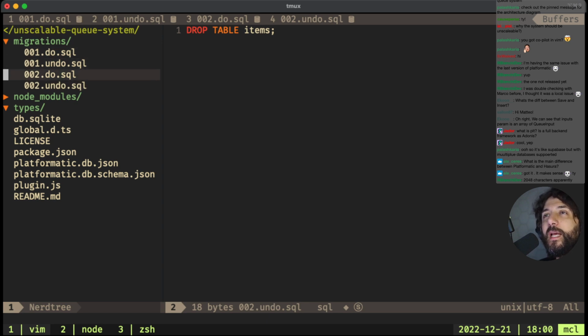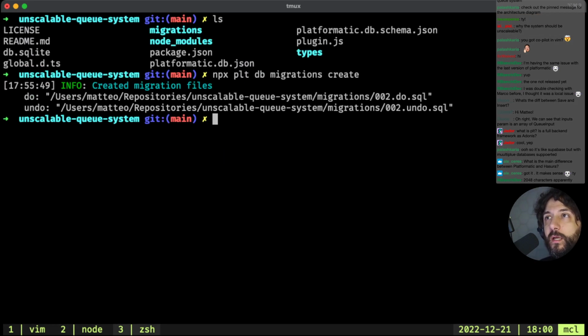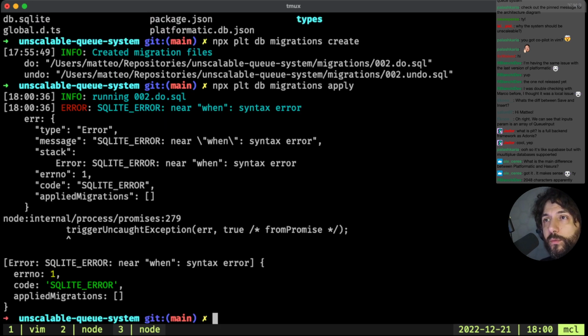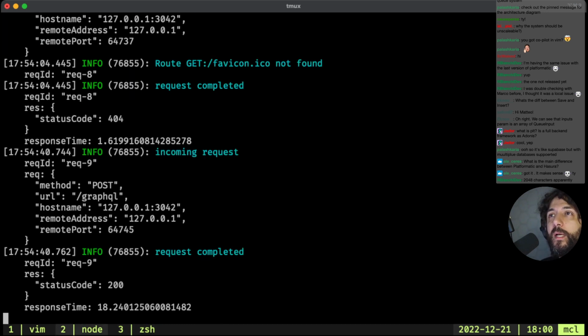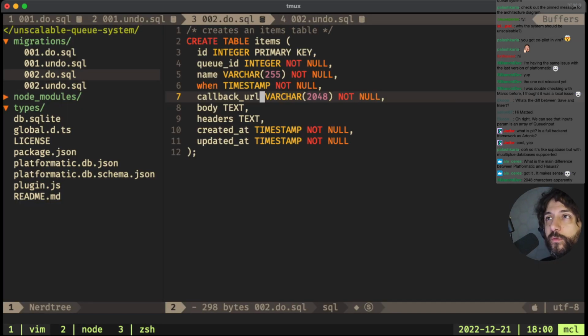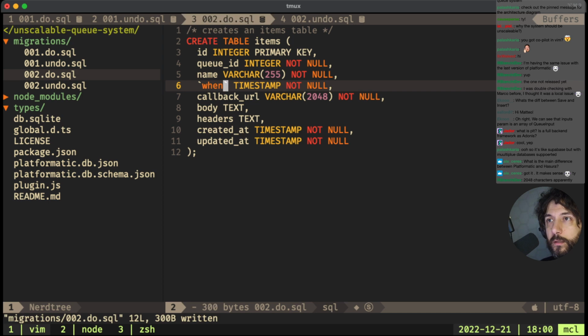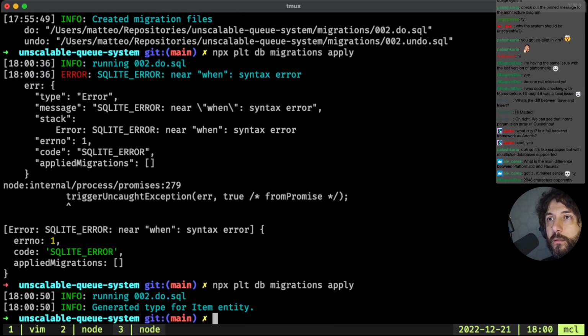So, okay, we have these things done. Okay, so this is running, and npx plt db migrations apply. And ooh, I made a mistake. When is a reserved word apparently, and I need to backtick it. Here we go. Okay, done.